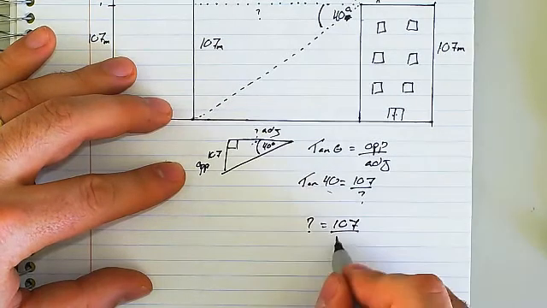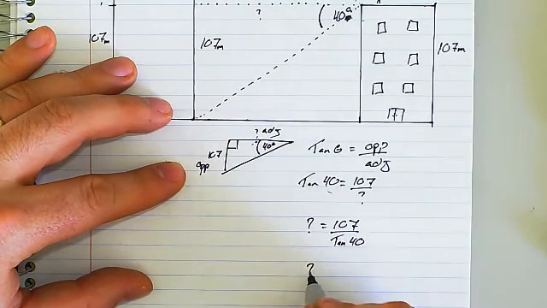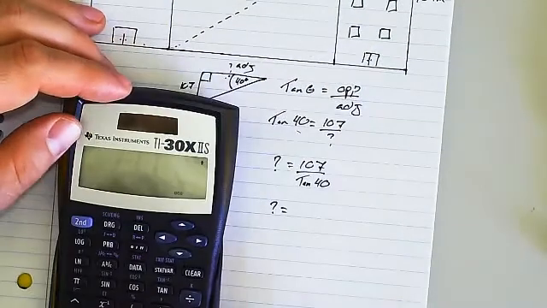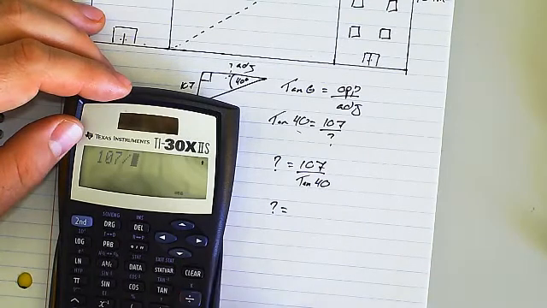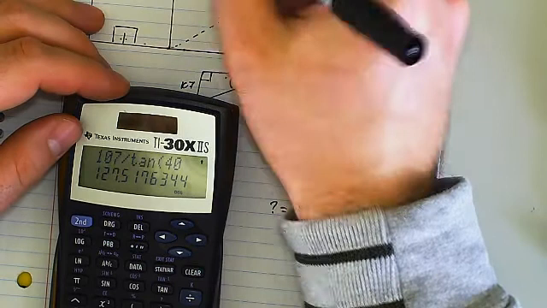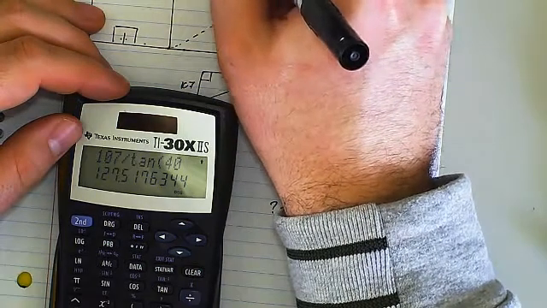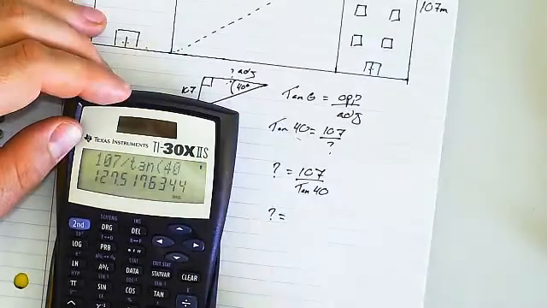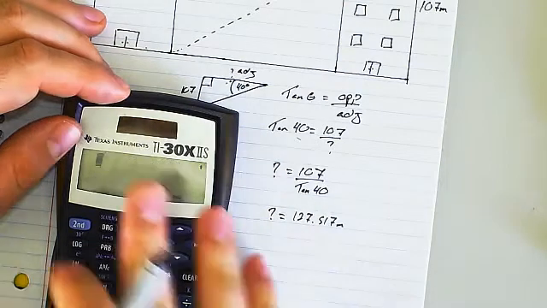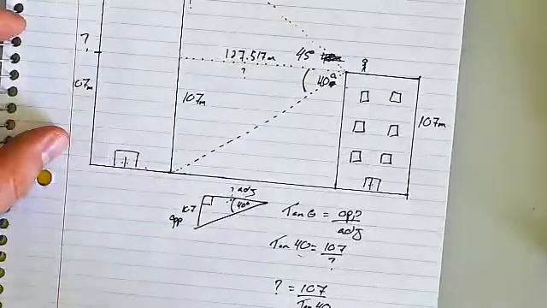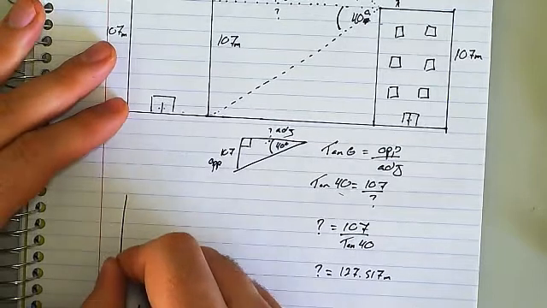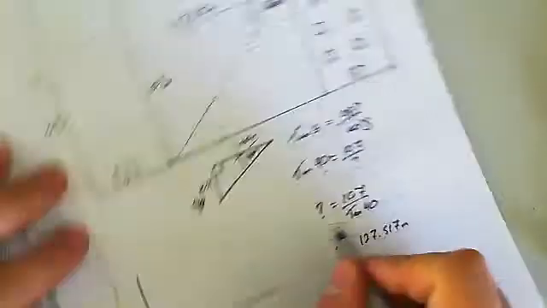So our unknown equals 107 divided by tan of 40, which means the length between the two buildings, if you were to throw a rope across, would be 127.5. I'll keep a couple more decimal places for fun: 127.517 meters. Okay, we now have enough information to approach our second triangle, where if we look at it,